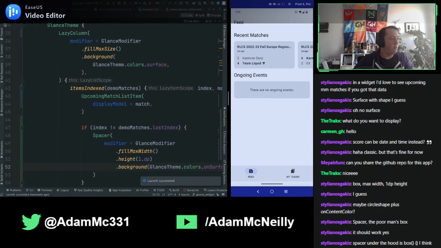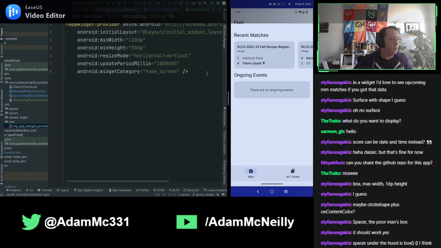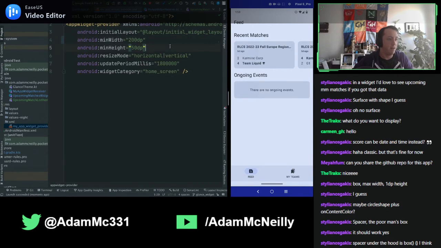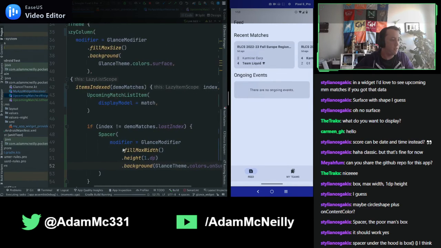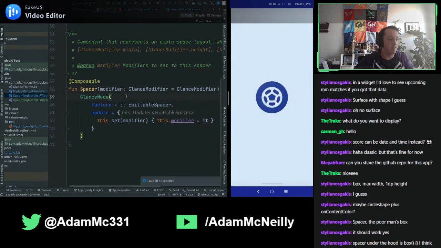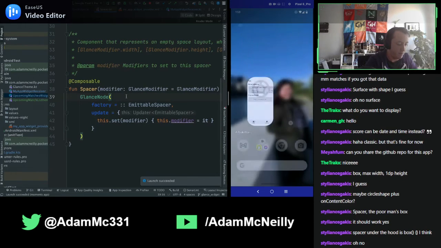And let's go to... I don't know, like I want to make this bigger. Like, let's make this 200. Spacer under the hood is box. You might be right. Let's find out. Oh, well, it's got this glance node thing, but I think the answer is ultimately yes. I could look at the compose version or the material version as well, but